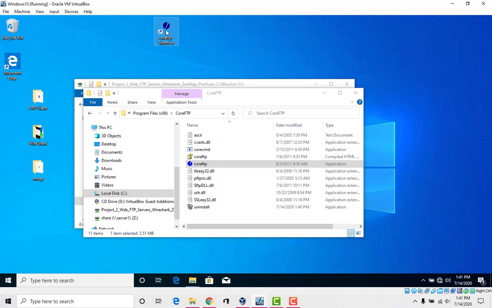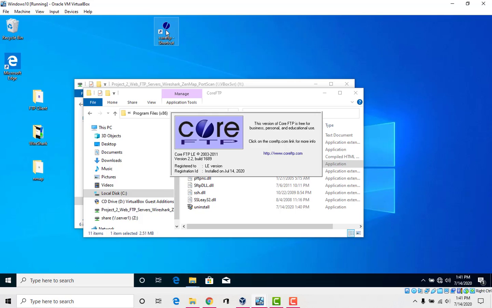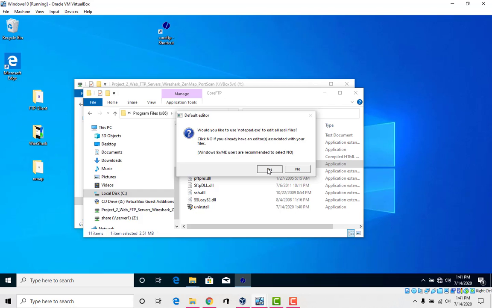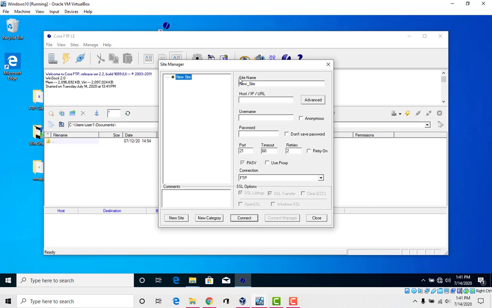Double click it. We're going to connect to our FTP server from here, so I can transfer files between here and the server. Make FTP the default client? Yes, fine, yes, for the editor. Okay, and we have our server 1, which has an IP address of 192.168.1.100.